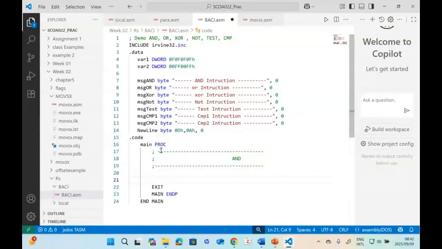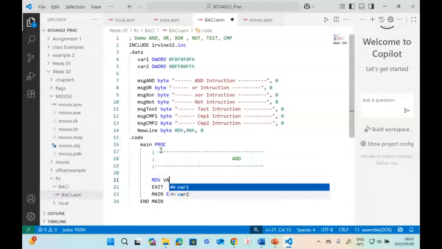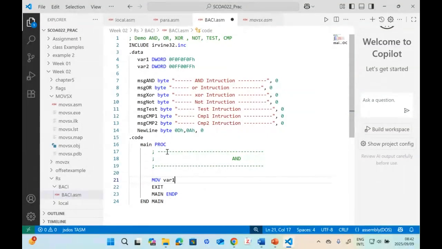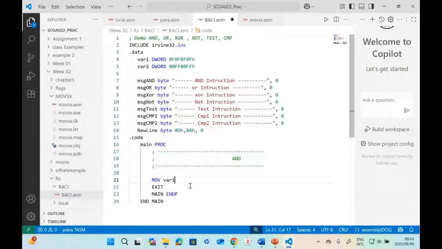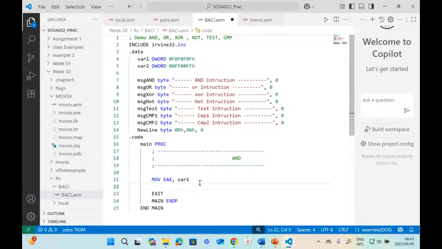So the end for the first one, let's move val1 into EAX. If I may, this val1 does not belong here. Oh, it belongs here. Let's move val1. This is not it, EAX. Why are you guys not telling me that I'm making mistakes? And again, let's move EBX, var2,